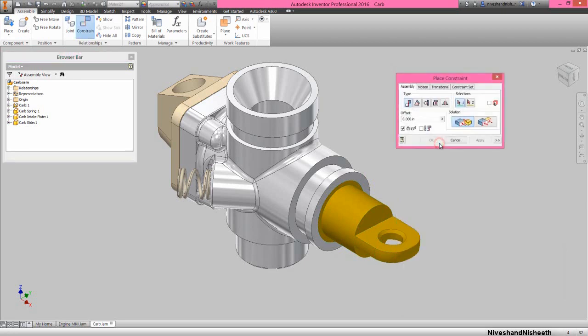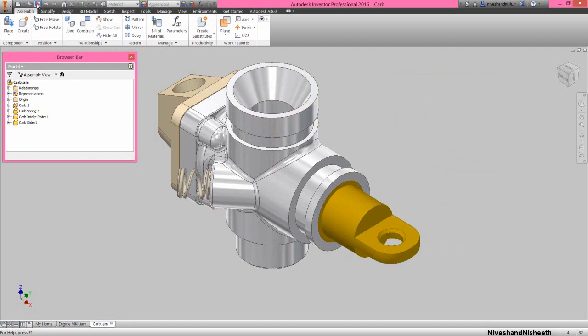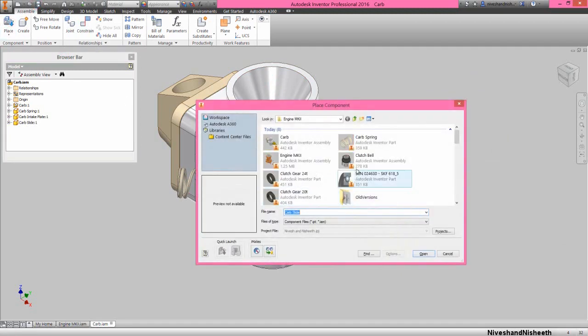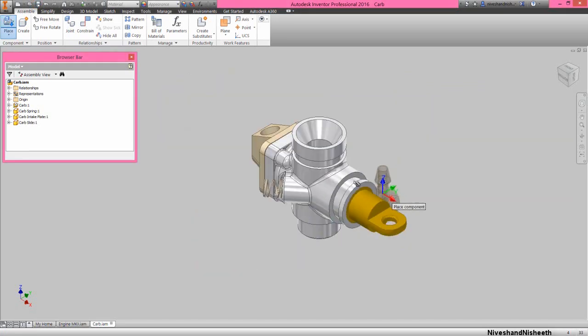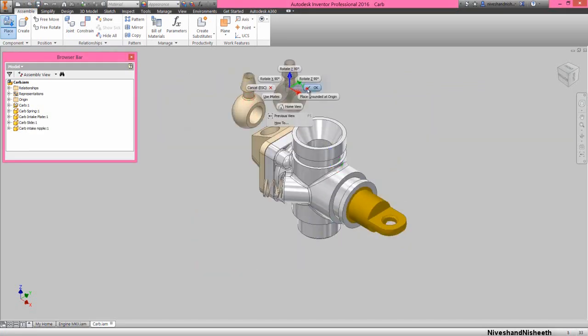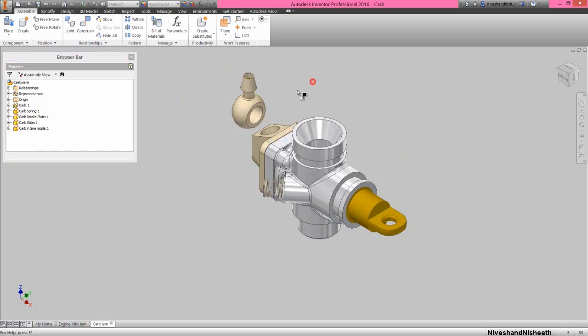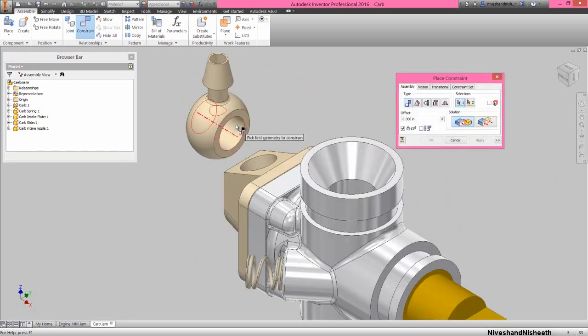Now create angle mate between this hole of carb slide part and this hole of carb part. Okay, now we will place the part carb intake nipple in this assembly and apply the mate constraint between this hole and this hole.